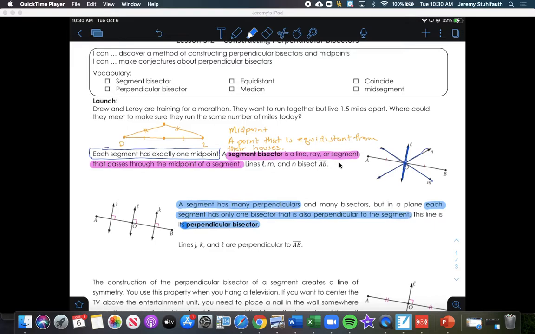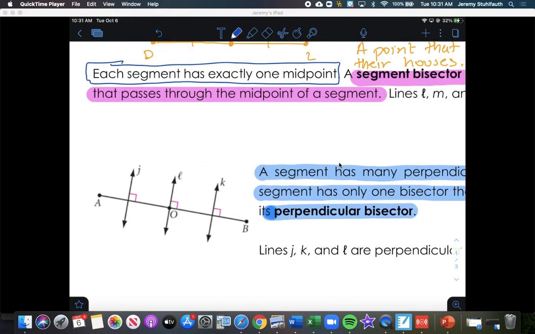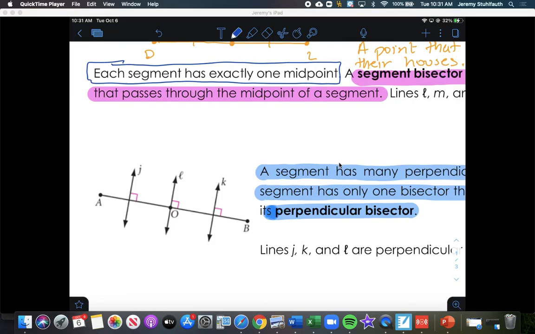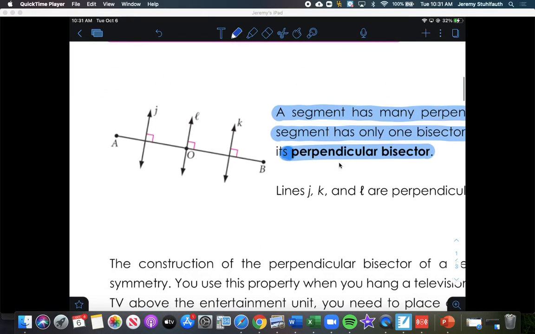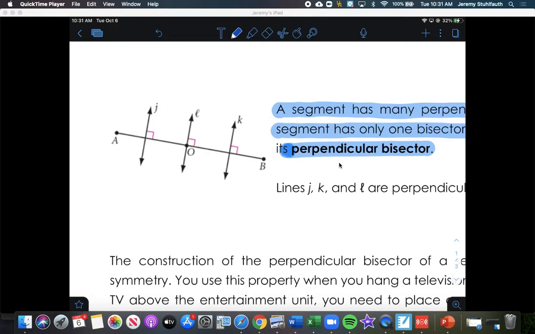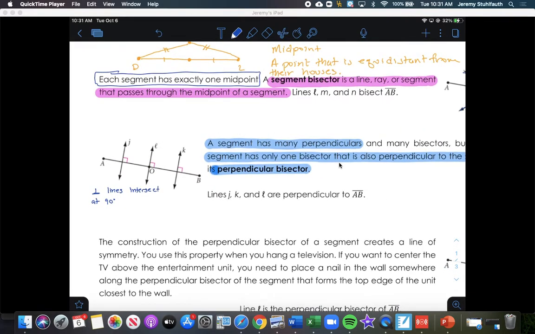So what that means is, while you look at this picture over here, you'll see that line J, line L, and line K are all perpendicular to line segment AD. Why do we know that? Because we know perpendicular lines intersect at 90 degrees. We learned that in chapter 1. But the only line that could possibly be a perpendicular bisector in this case would be L